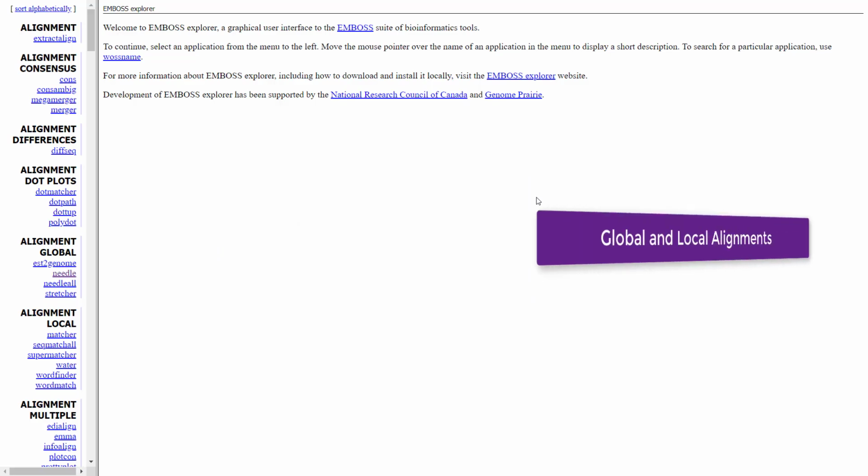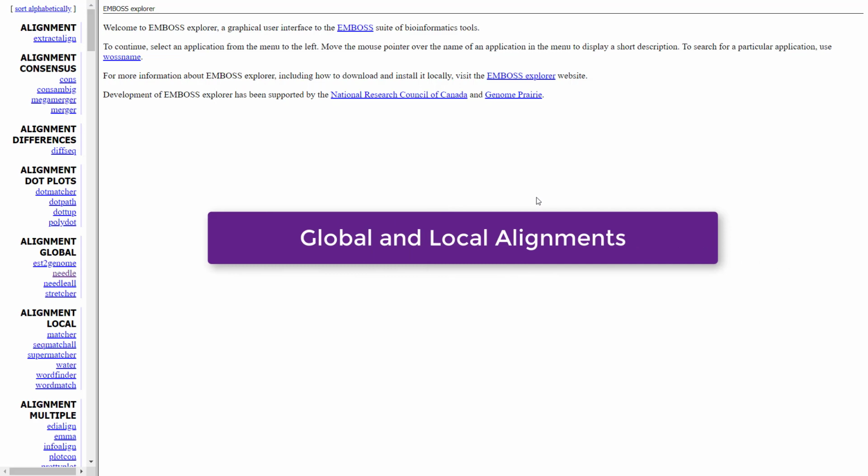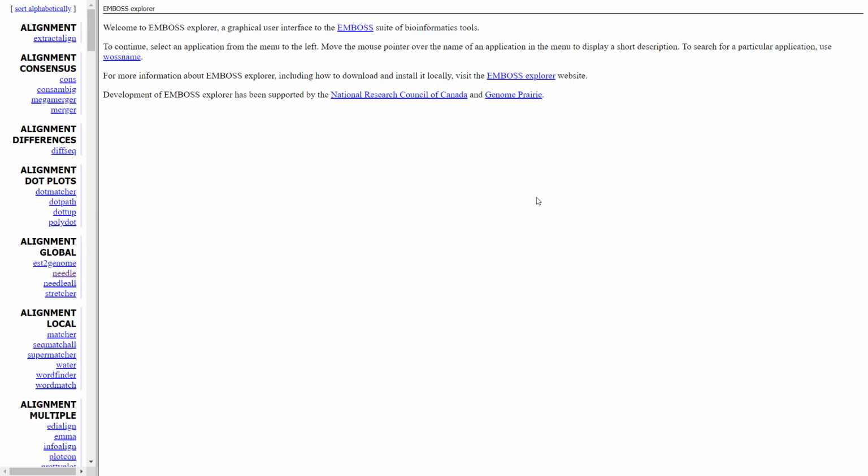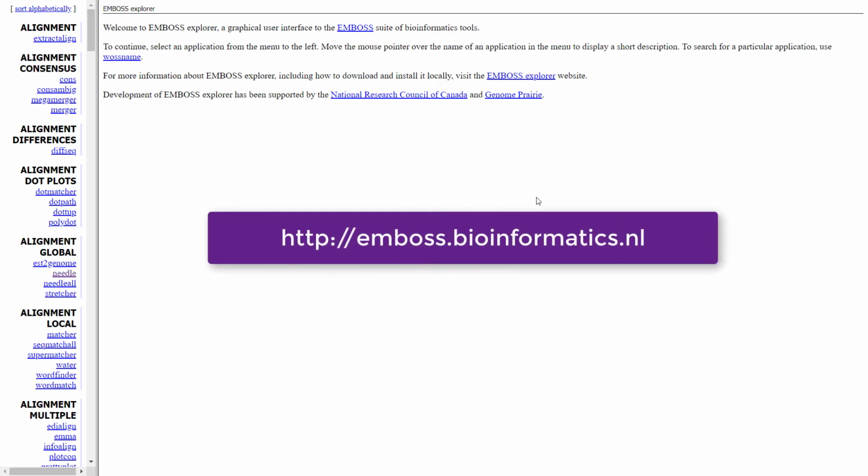Let's run global and local alignments. To remind you, global alignment matches the entire length of the sequences, while local alignment looks for subsequences of both sequences that match optimally to each other. There are a lot of free and user-friendly bioinformatics tools to perform such alignments. For the following example, we will use the free online Emboss package tools.